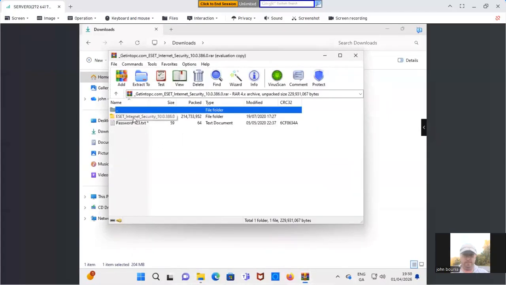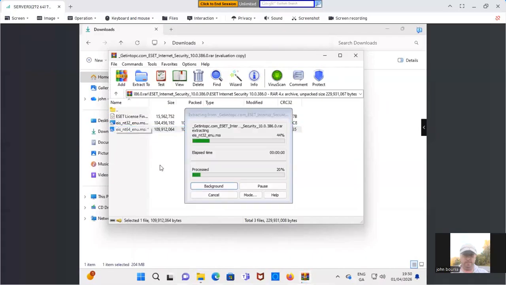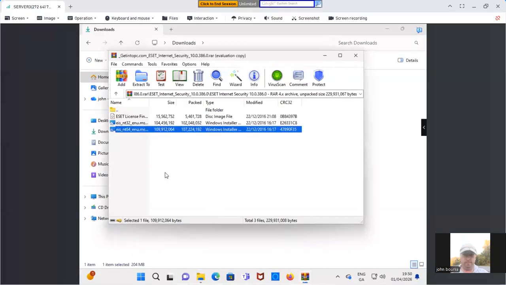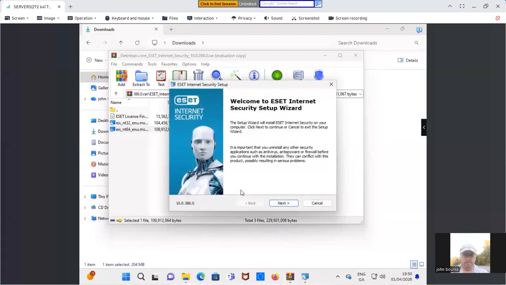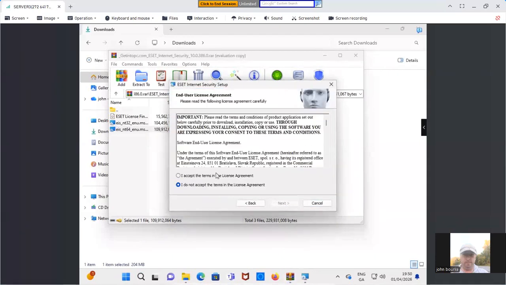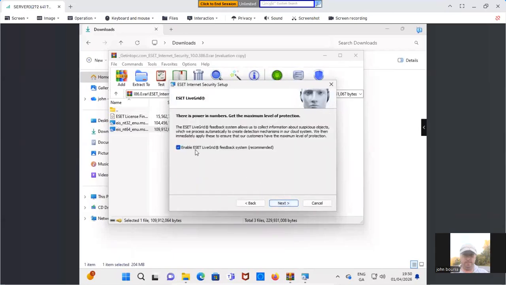And we click here ESET Internet Security, and we want to install here the 64-bit. So click here 64-bit, and we click on next. Click I accept license agreement, click next, and there's no need for this to be clicked. So I click here on next,